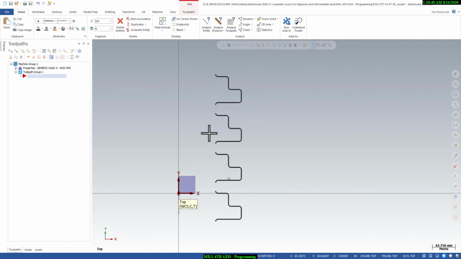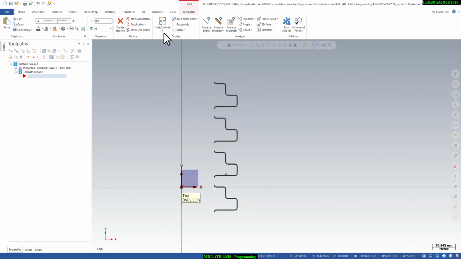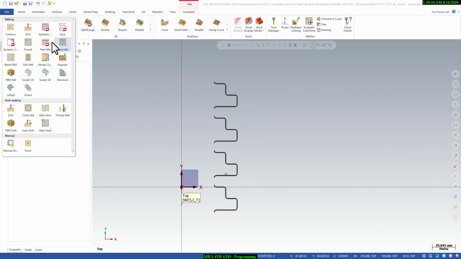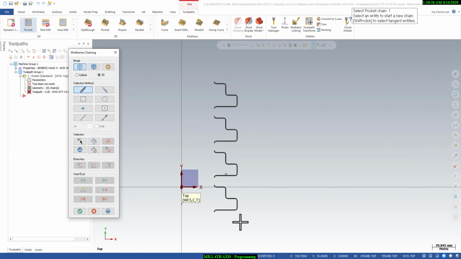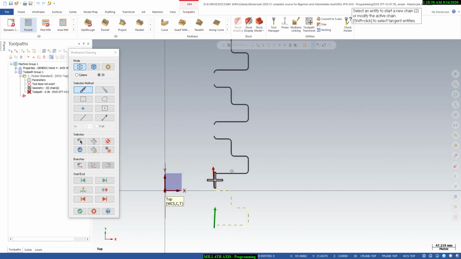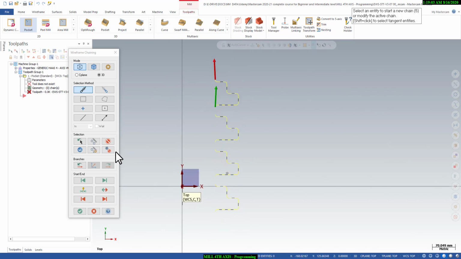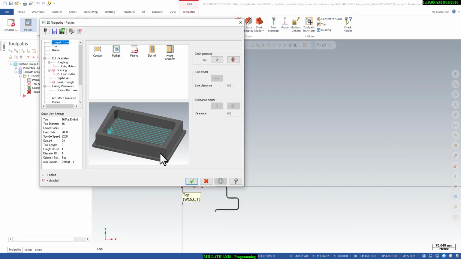So first of all I will go to the toolpath tab, and simply I will use 2D toolpath, that is pocket. So I will select this curve, and this curve, and then say okay. So you can see how easily we are doing programming for 4th axis by using 2D programs.